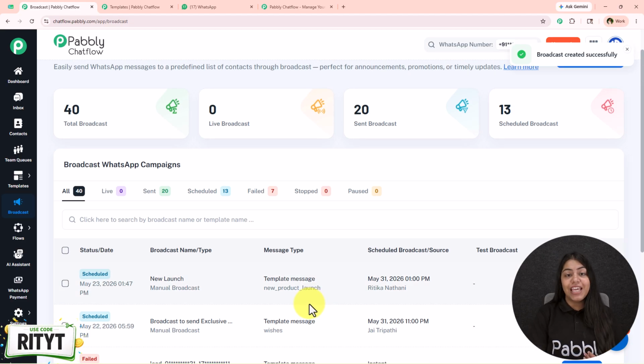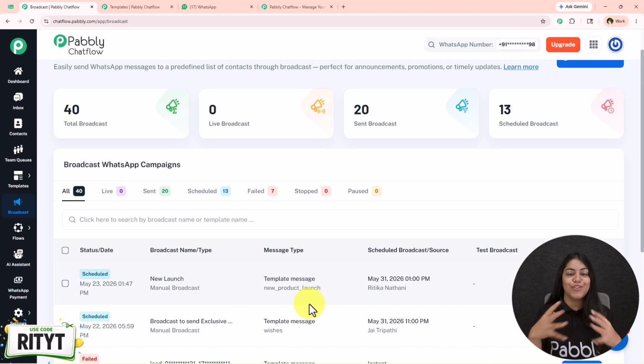And apart from this, we have successfully learned how to set up bulk WhatsApp messaging for our own business, and